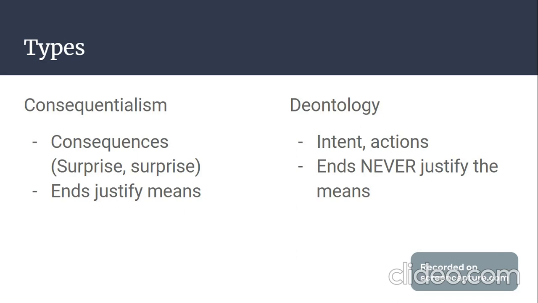Now, some people might argue that lying is okay because it can sometimes produce good consequences for everyone. For instance, you don't want to tell someone that you hate what they're wearing because that would obviously hurt their feelings, and it doesn't produce good consequences for society. But a deontologist would argue that if they ask you, you should give them the truth because lying itself is inherently wrong. It's a bad act, and even if it produces good consequences,